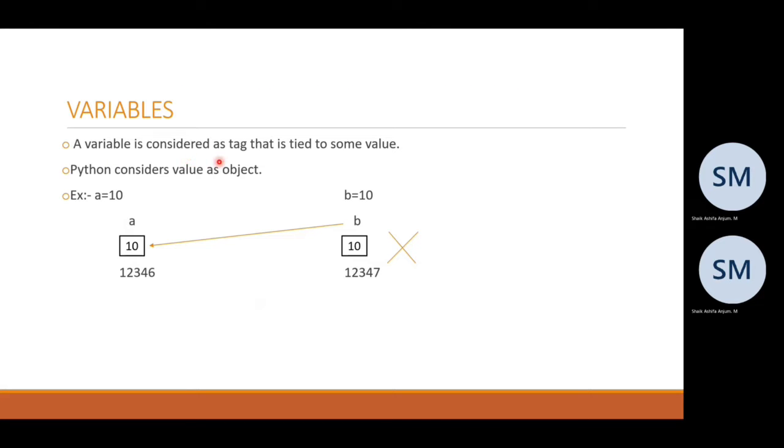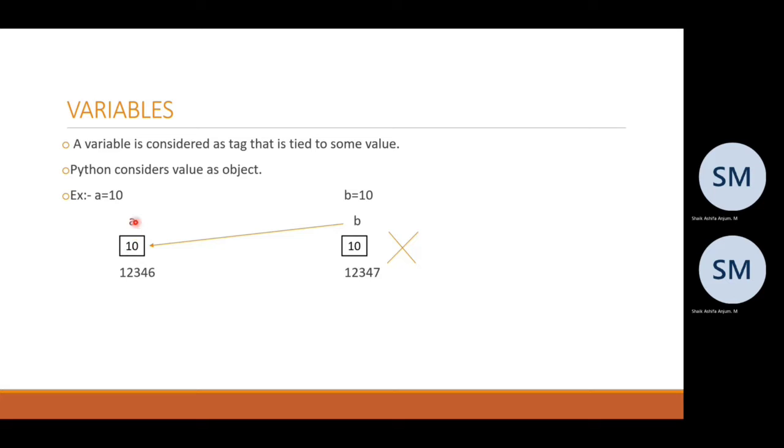A variable is considered as a tag that is tied to some value in Python. Whereas in other programming languages like C and Java, a variable is an identifier or a name connected to a memory location. If we assign a variable a equals to 10,